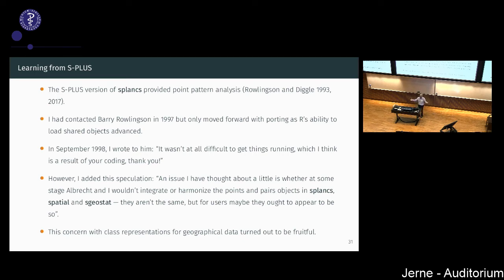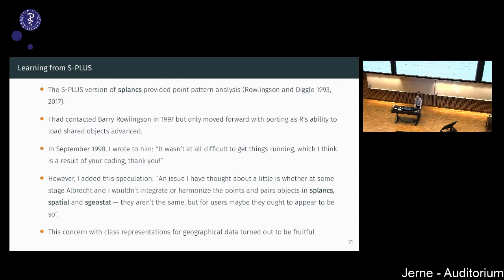So we could see the spatial data out there in different formats, but when it was used in different packages in R 20 years ago, like spatial and sgeostat, they were all representing objects with their geographical coordinates, but they were putting the geometries in different ways. Some of them were using data frames, some of them were not using data frames, some of them using lists and putting the different bits and pieces in different bits of lists. So you needed to coerce from one representation to another, to a third, to a fourth, to a fifth.